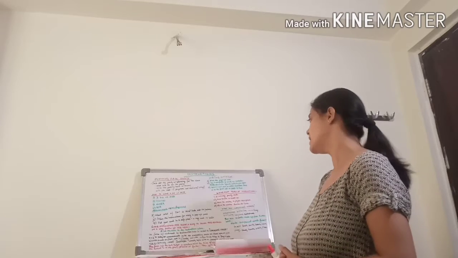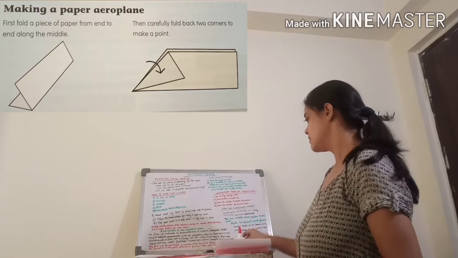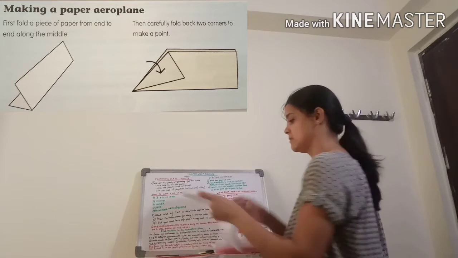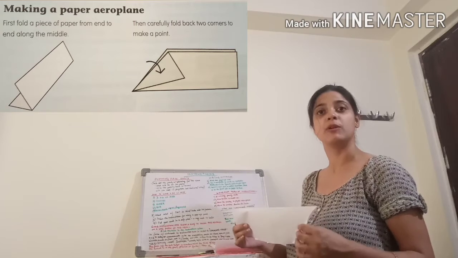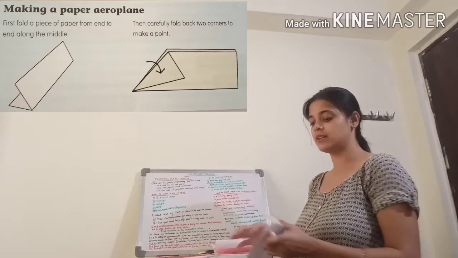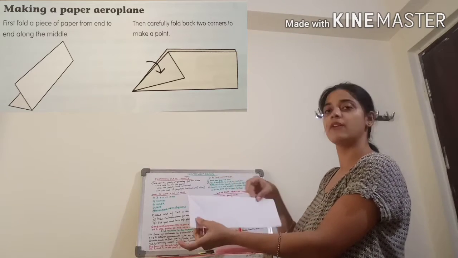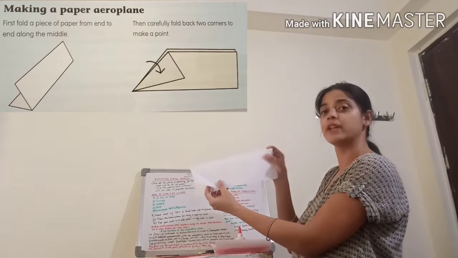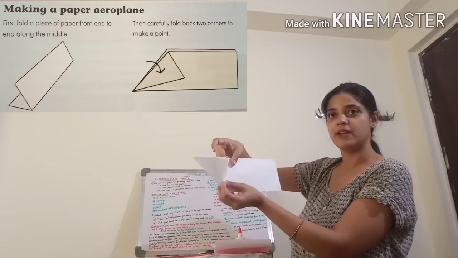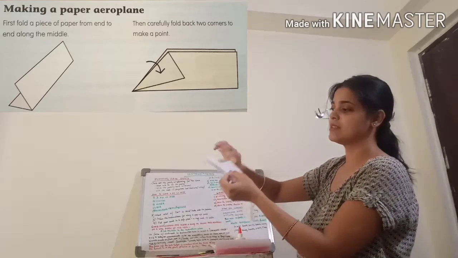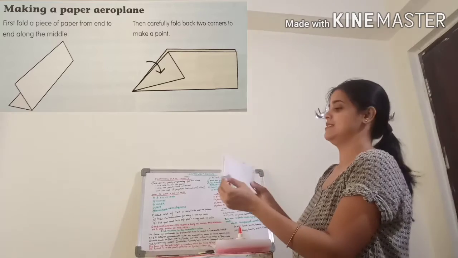Next, how to make a paper aeroplane. See, take a paper. You can see this, it's given in the diagram below. There's a chart. I'll show you how to make it. Take a paper like this. Fold it into half. It should form a rectangle. Then fold the two sides of a corner like this. One side I folded, the other side also. Same way. See? Becomes an airplane. You can make an aeroplane.